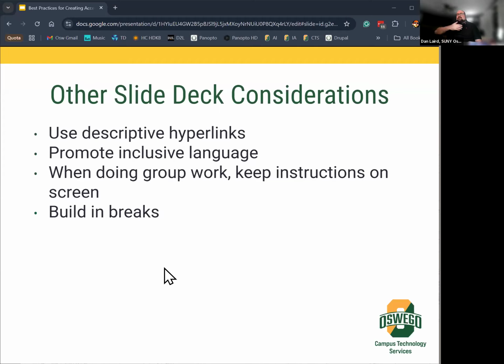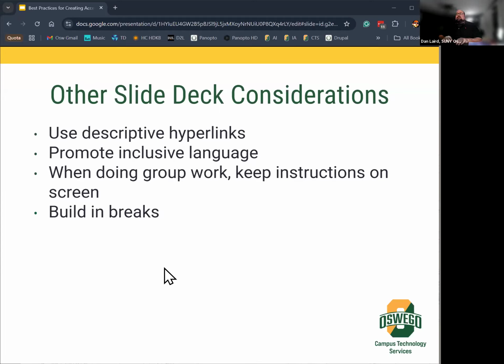And also saying things like, just go to this screen and click here with your mouse. Well, some people don't use mice, some people don't click, some people use screen readers. So saying click here, click there doesn't really apply to them because that's not what they're doing. When I create instructions for a piece of software, I'll say select this option, select that option, because that covers both people using mice and people using the keyboard.